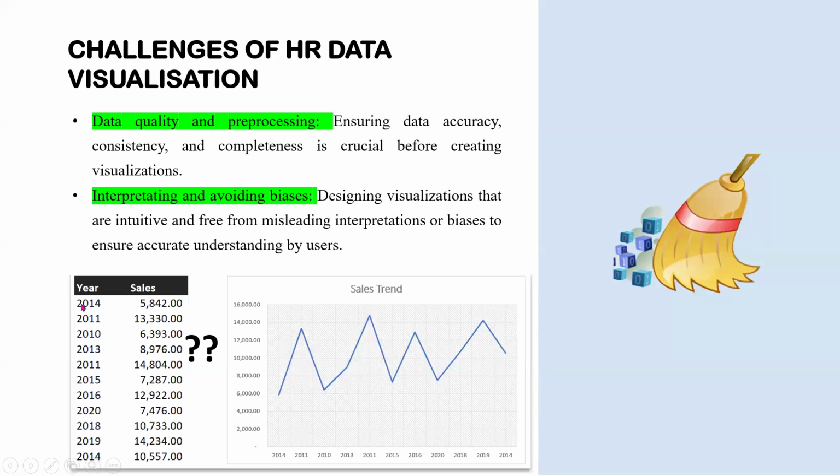Now, because this data here was presented in a funny way like this, see 2014, 2011. In fact, we also decided to plot this same data just like how it is presented. Because of data quality issues, it's going to introduce some kind of biases or wrong interpretations. Someone at a glance, without looking at the arrangement of the years, may say that, oh, we see this one keeps going up, coming down. So at this point, we're expecting that maybe it comes down one more time, or from here it jumps up, not knowing that the year is not arranged in order.